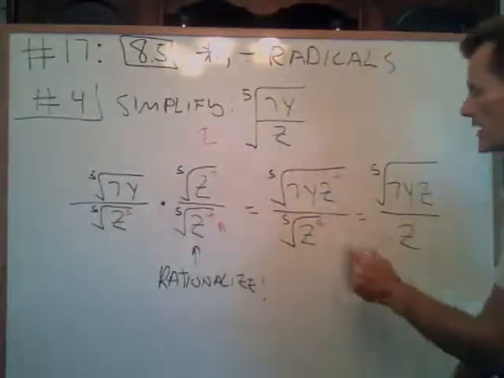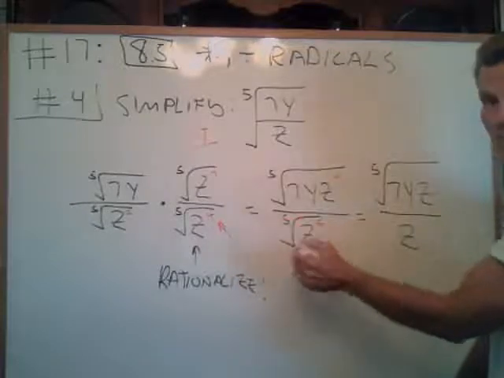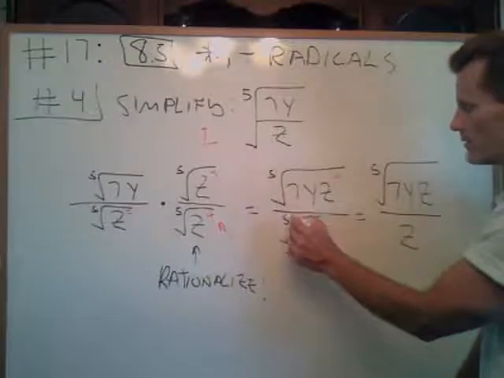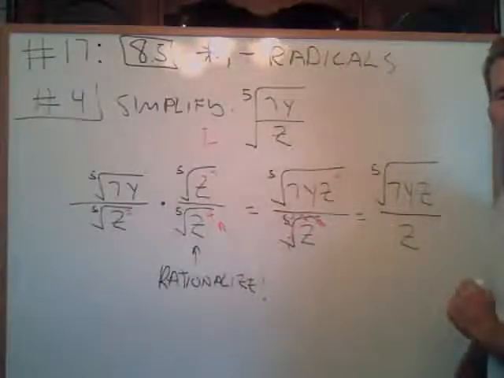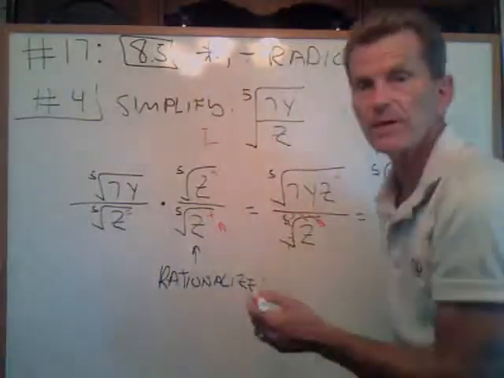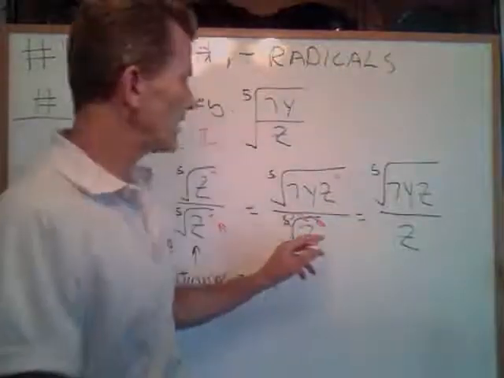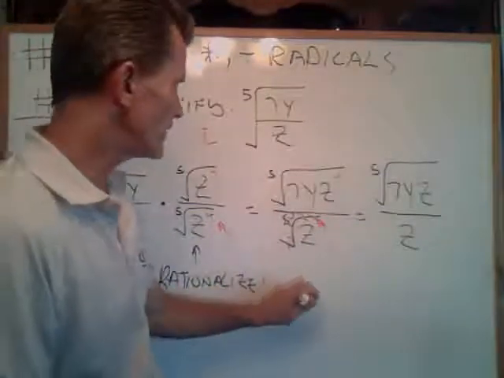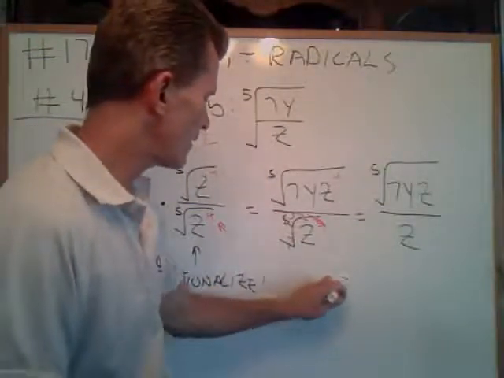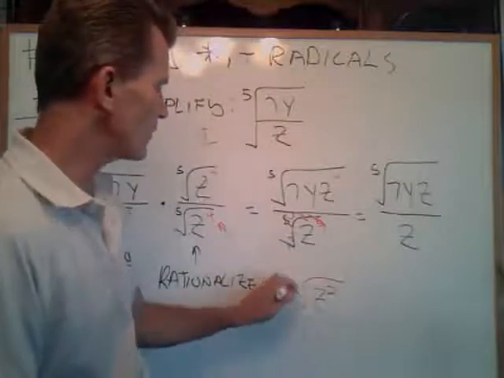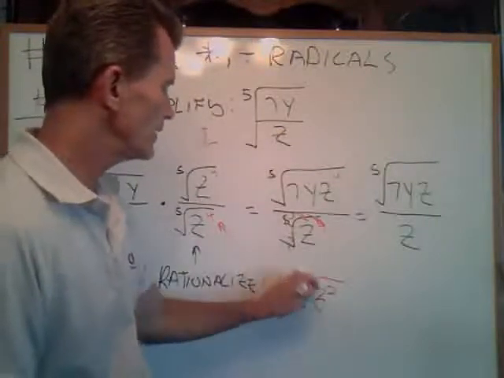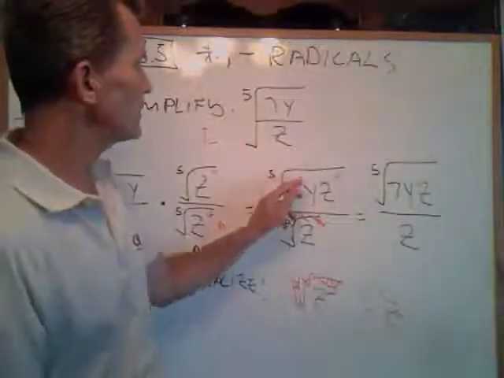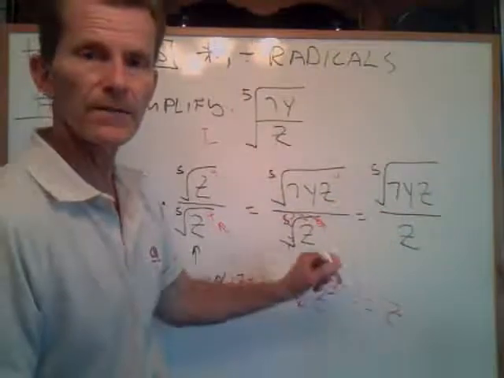And now that we've done that, what's the good news? Down in the denominator, we've set this all up to rationalize it. When you take the fifth root of something raised to the fifth power, it neutralizes it. Oops, sorry, I'm out of the screen. It neutralizes it. Let me come over here. It neutralizes it, and you have z. Okay, no different than z squared. I asked you to take the square root, because when you take the square root, the index is assumed to be a 2. And neutralize, giving you a z. Okay, so there's the z, and then the denominator we'll leave alone, and because there's nothing else to simplify with,